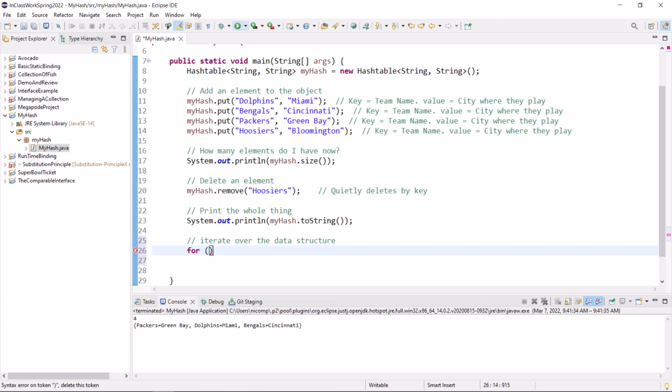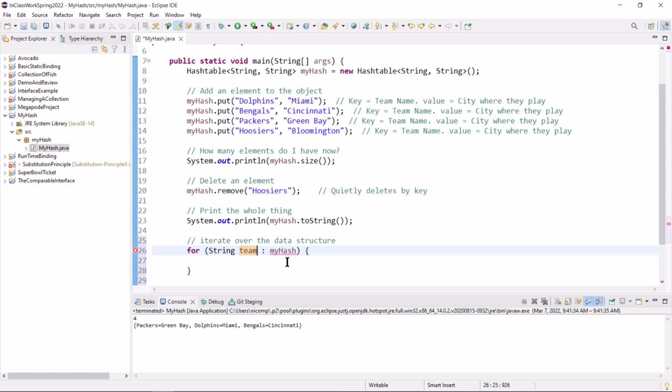Now, how do you do it? Well, I know that the key is a string, okay? So I can declare that enhanced variable as a string, and I can call that k for key, or I can call it key, either one, or I could call it team, because I know they're teams if I want to be particular to this data structure.